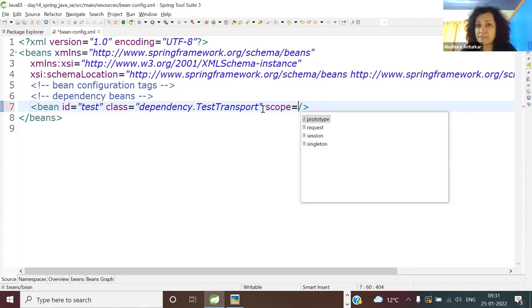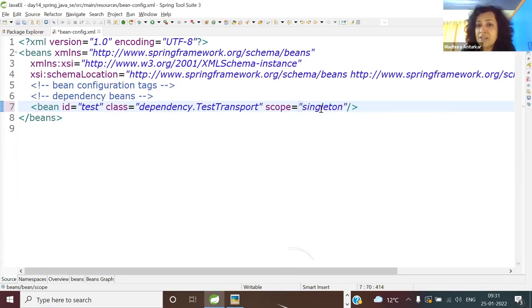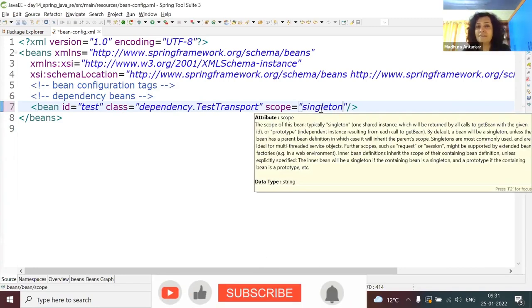And here you can see the four different values a Spring bean can have. The default value is singleton. The other value which you can have in core Java plus Spring is prototype. So today we'll have only singleton or prototype. But when we connect this to a Spring web application, Web MVC, you can have request and session scope also. So even if you don't add it, the scope is singleton.